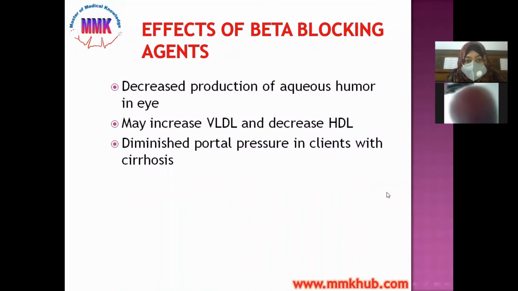It will also decrease the production of aqueous humor in the eye. If you remember, our adrenergic agonists are basically causing mydriasis, and they were contraindicated in glaucoma. But in reverse, our adrenergic antagonists, especially the beta blockers, are decreasing the production of aqueous humor in the eye, so they can be used as a drug of choice in glaucoma, and it may also increase the VLDL